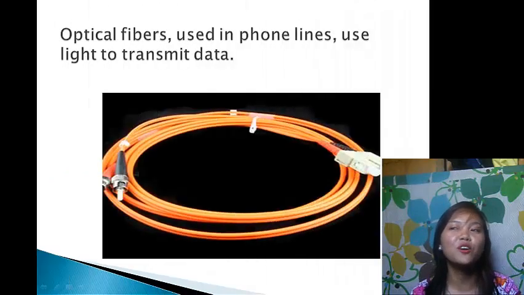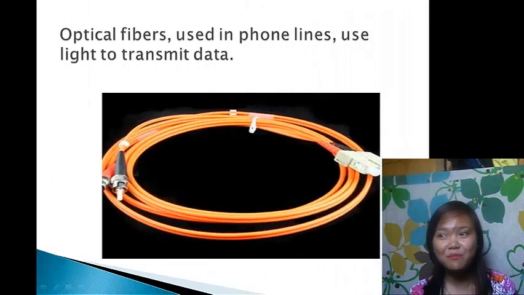And let's go to fiber optics. Fiber optic cable uses light instead of electrical signals to transmit data. Light only moves in one direction, so for two-way communication to take place, a second connection must be made between the two devices. It is actually two strands of cable. Each strand is responsible for one direction of communication.